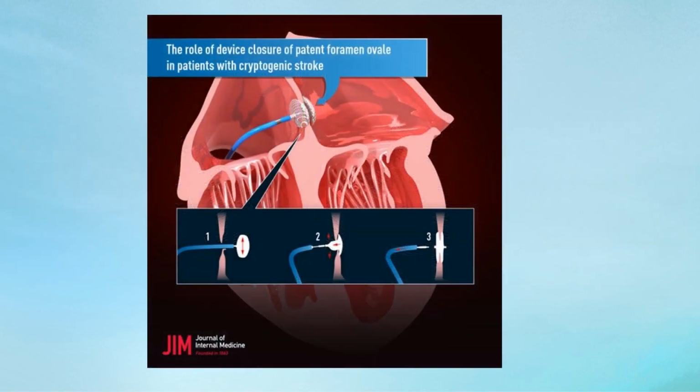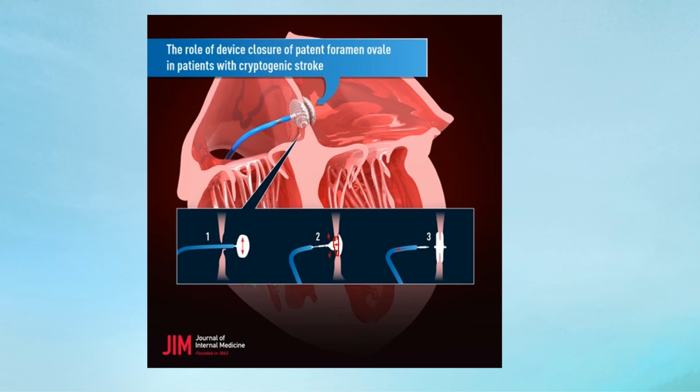Next, coming back to the ASD device closure. What do they do in an ASD device closure? The ASD device consists of two balloons and a waist. So this is the waist. Can you see here? This is the waist which locks in between the septum, and the two balloons are attached both proximally and distally. The balloon is taken across the defect into the left atrium, and it is deployed first proximally